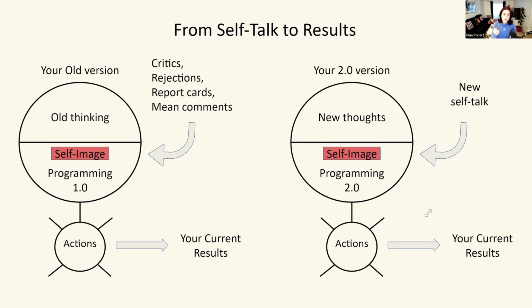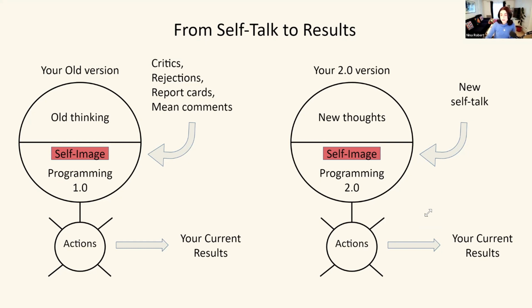So your self-image is the composite, the accumulation of all this. In order for you to know what kind of self-talk you have, you need to dive deeper and bring that to the surface. Remember what kind of words you grew up listening to, what kind of words you are repeating to yourself. Yesterday I talked about songs and the way that they are suggesting affirmations on a subconscious level. What kind of self-talk you have is all this accumulated and stored in your subconscious mind over the years. And it's a very old version and needs an update. So this is the understanding of our current self-talk. And now we need to understand how to update that version into your 2.0 version.